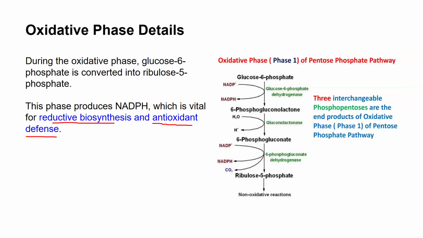6-phosphogluconolactone, using an enzyme glucose 6-phosphate dehydrogenase. And in this stage, as we can see, 1 molecule of NADPH is generated. And then 6-phosphogluconolactone is converted into 6-phosphogluconate using an enzyme called gluconolactonase or lactonase enzyme. And then, of course, the 6-phosphogluconate is converted into ribulose 5-phosphate with the removal of 1 molecule of CO2 from